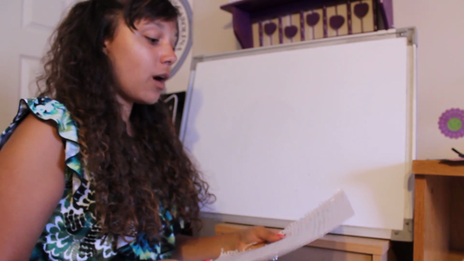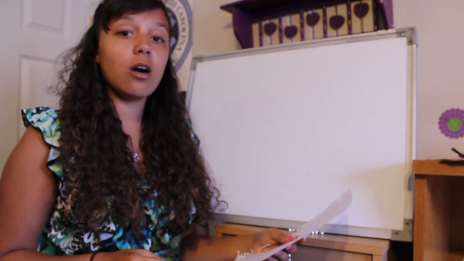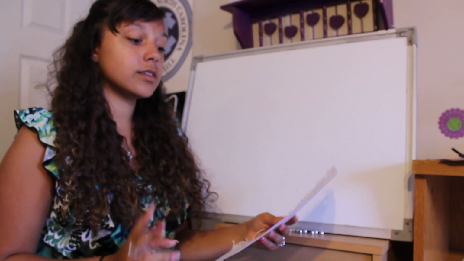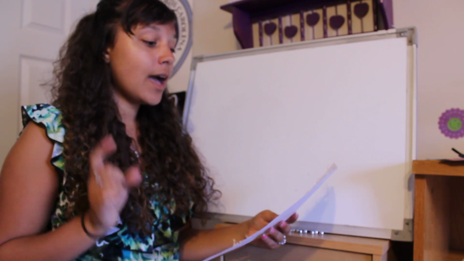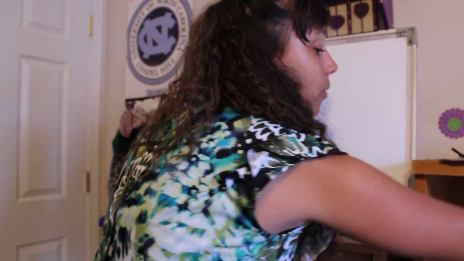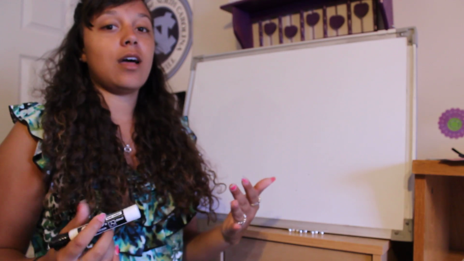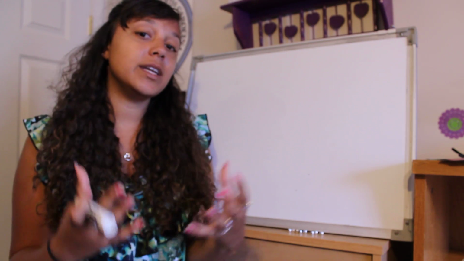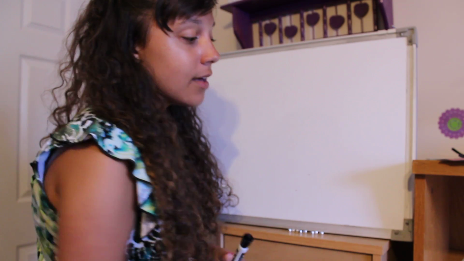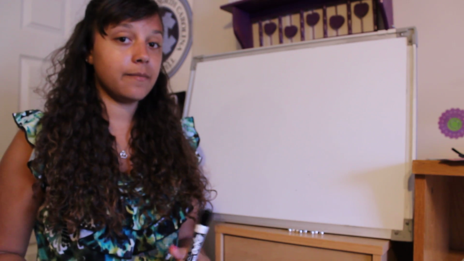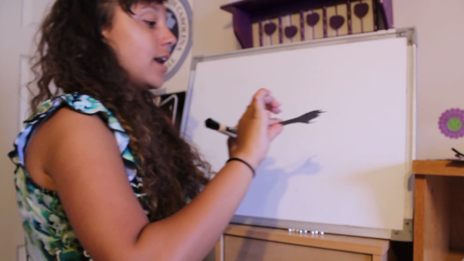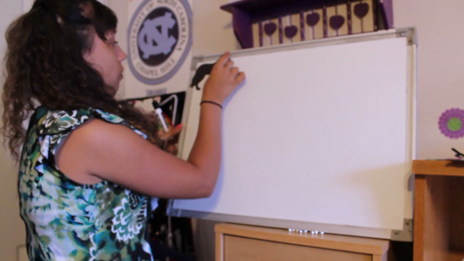Alright, so our first problem says there were 3 dogs playing in the park. 2 more dogs joined them. How many dogs are playing in the park? Now, what I like to do is underline our key facts, what we need to know, what's important. So the word problem first says there were 3 dogs playing in the park. So I would underline the 3 dogs, and I would draw